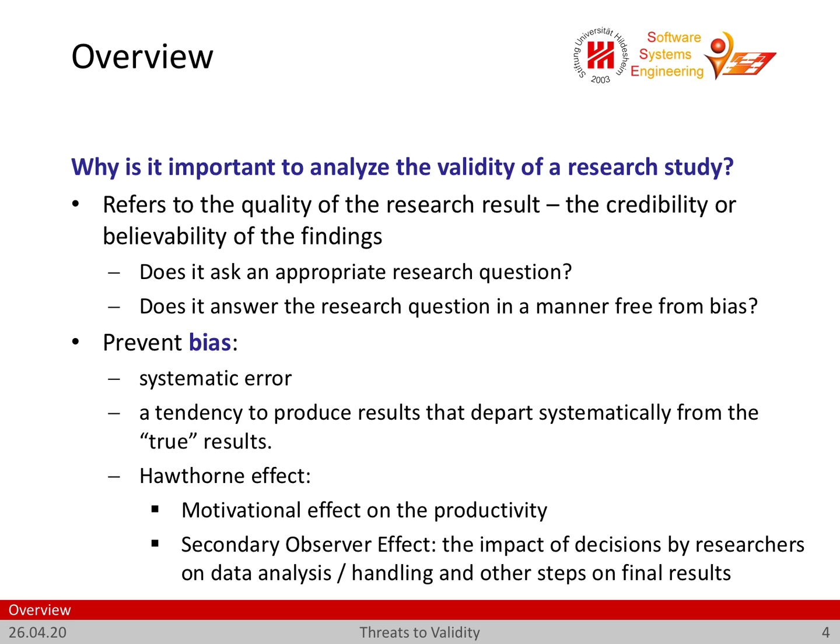A strongly related concept is the concept of bias. A bias is a systematic error that we all make as humans. It's a tendency to produce results that depart systematically from the true results. For improvement projects, a very important bias is the so-called Hawthorne effect. It goes back to a researcher named Hawthorne, and